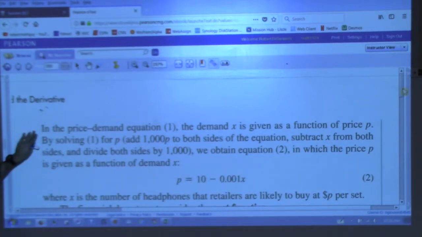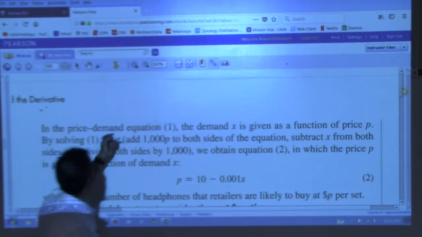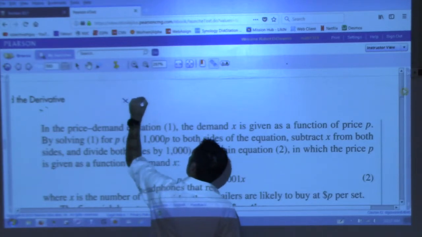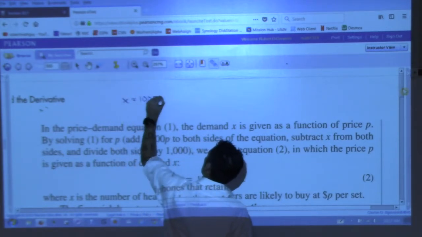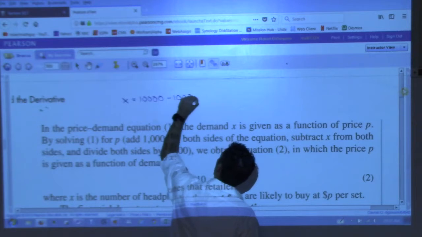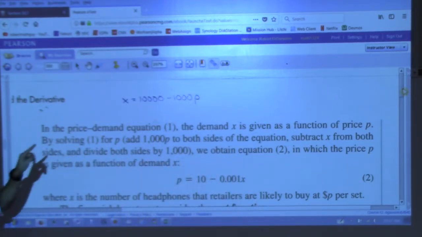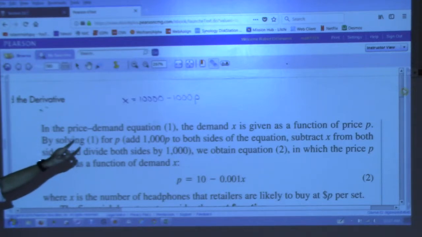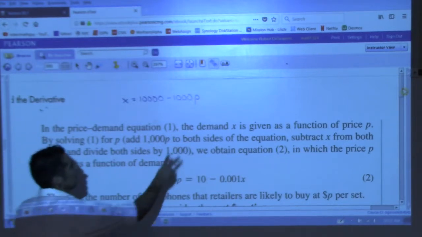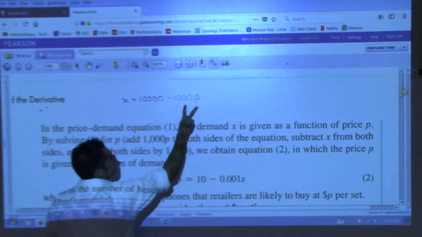In the price-demand equation, which was x equals 10,000 minus 1,000p, in that equation, we could solve this for p, couldn't we? So let's say we solve this for p. How would we do that? Well, I want to get p by itself here. I could